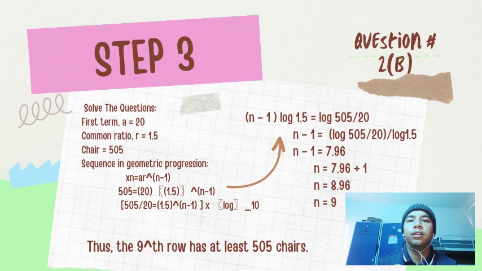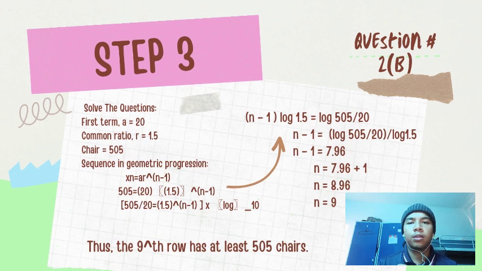Step 3 is solve the question. From the question, we got first term A is 20, common ratio R is 1.5, chairs is 505. Sequence in geometric progression with formula Sn equal to A times R power n minus 1. We just enter the values that we got and it will become 505 equal to 20 times 1.5 power n